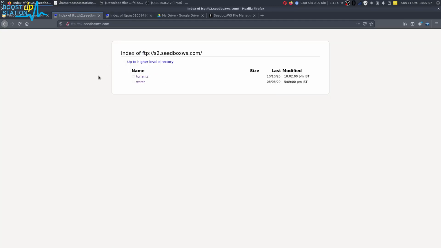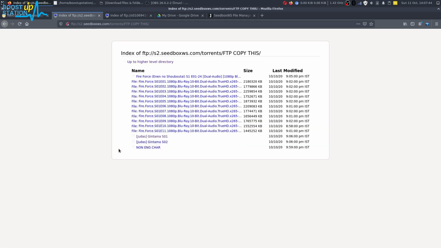I'm just going to go into the directory which I want to download in the private FTP. Inside this folder I have already created a folder named non-English characters, which contains both English and non-English files and folders. Let me open up this folder.